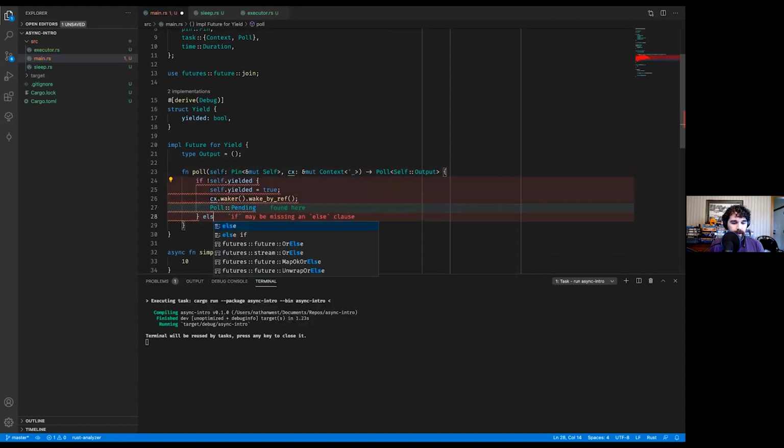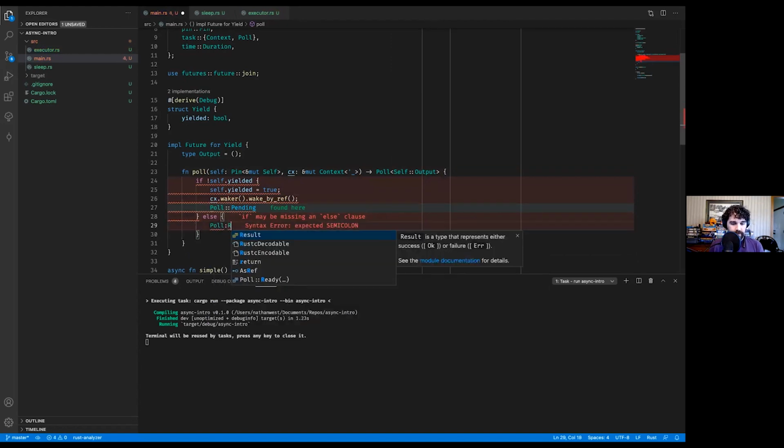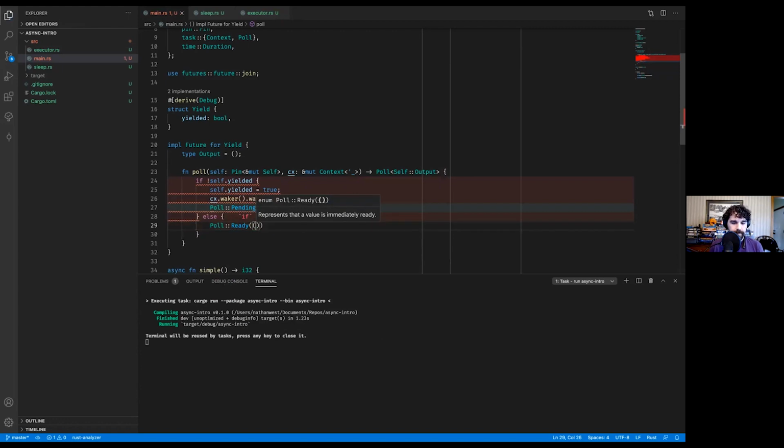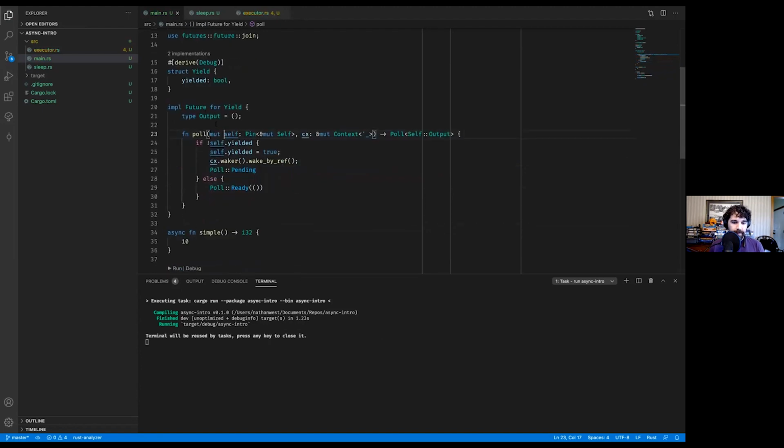Right? If we were already polled, we can say we're ready. Poll::Ready. We can make this mutable. Great. This is a future. All futures can be awaited. So in here, we can say, let inner equals, we'll say Yielder with false.